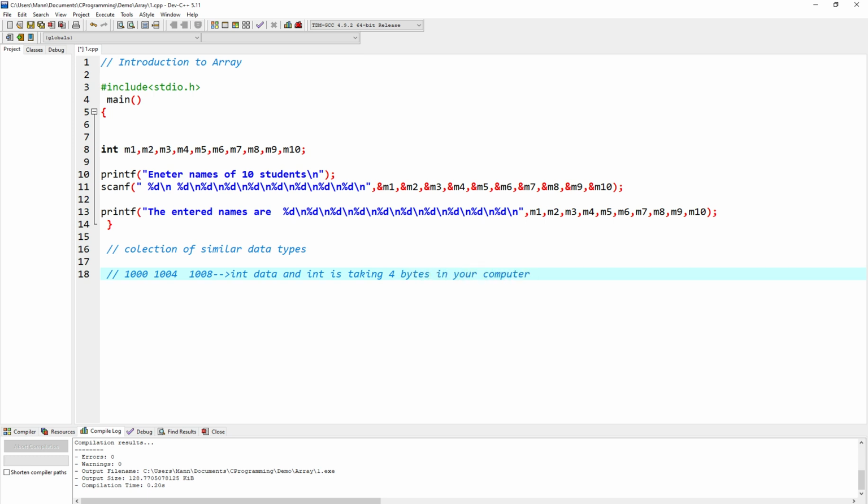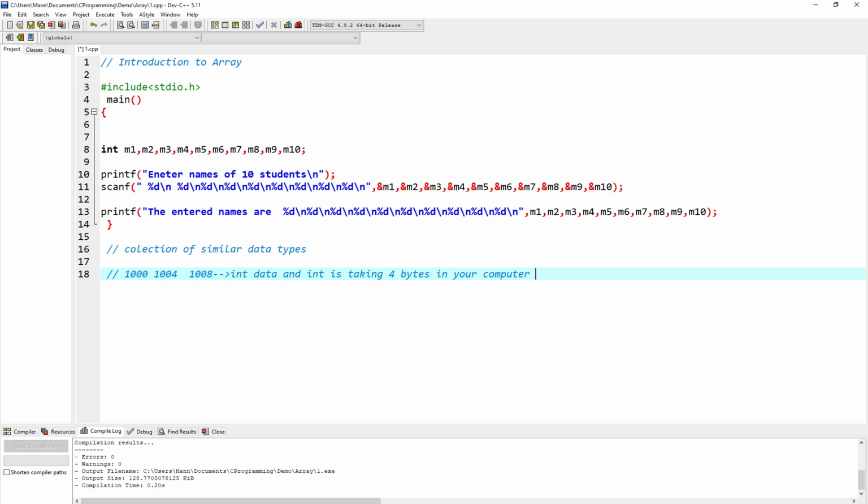The key point here is that the elements of an array are always stored in consecutive memory locations and are referenced by what we call an index. Okay. So what is an index? Indexing is nothing more than a subscript. Okay, we will see examples of what a subscript is and how we are going to actually work with all these things. But as of now, just focus on the fact that an array is nothing more than a collection of similar data types, and whatever data type we are going to store, the elements of the array will be stored in continuous, consecutive memory locations.